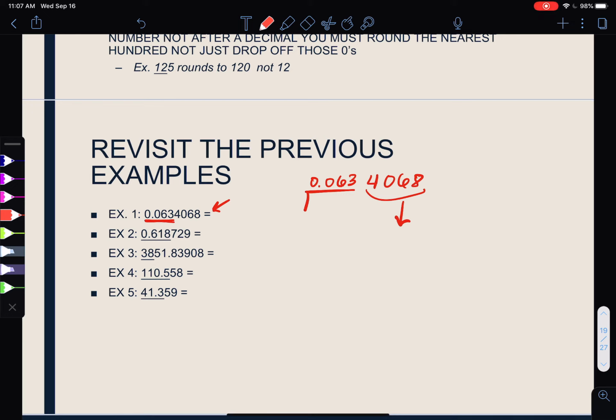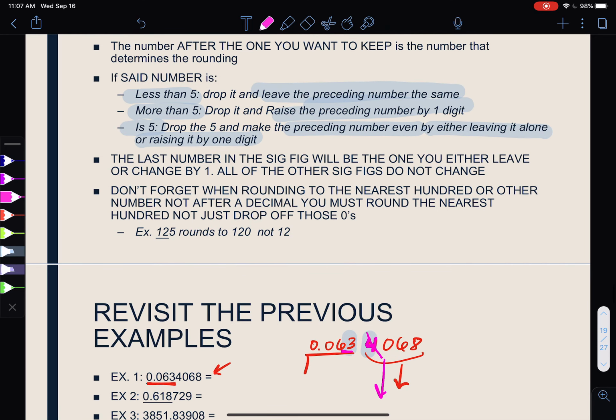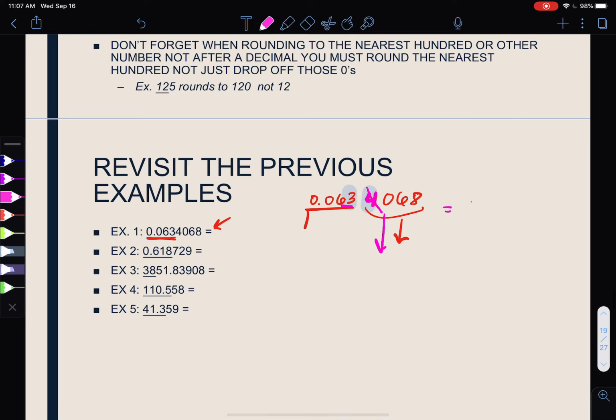So the only ones we have to do anything to are the ones right on the cliff and the one right off. We're going to look at the one that is right off the cliff, this 4 right here. We're going to say it is less than 5, so it is just going to fall, and this 3 will stay the same. That's why we said leave the preceding number the same. So the answer is 0.063. Okay, let's look at the next one,